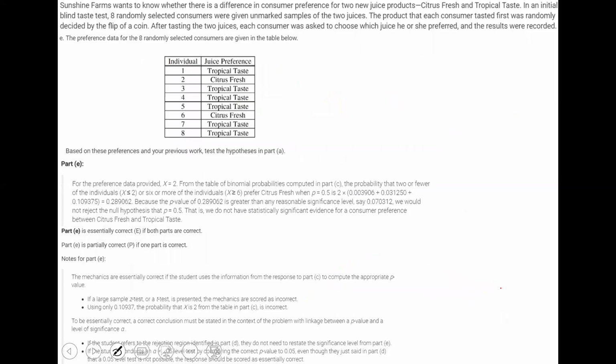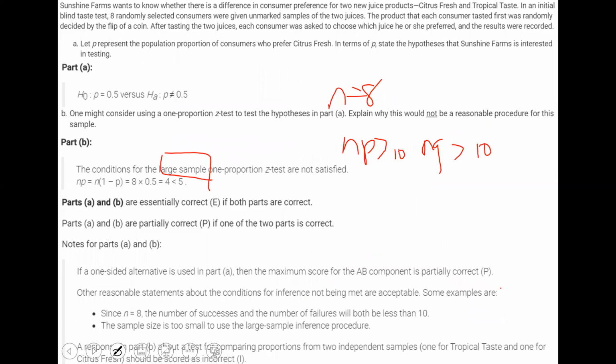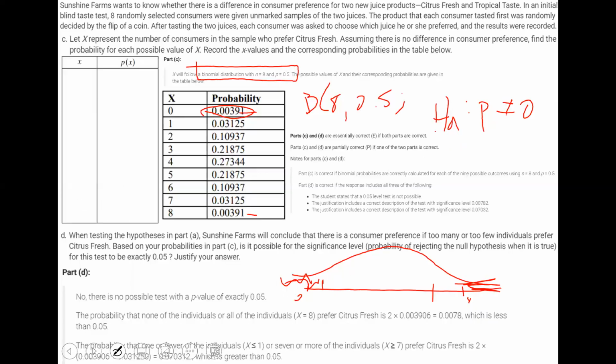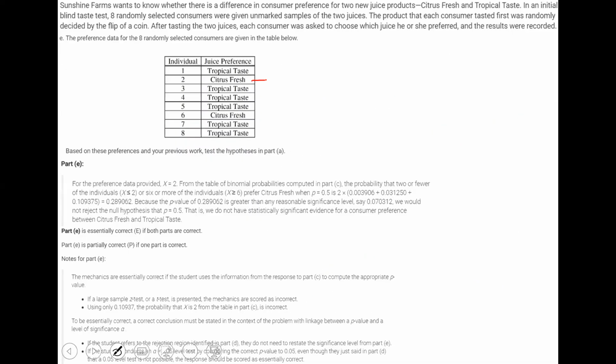All right, part E. The preference data for the 8 randomly selected consumers are given in the table below. Based on these preferences and your previous work, test the hypothesis in part A. So the P, if you remember, was the one who prefers citrus fresh, right? So we have to count how many people prefer citrus fresh. There are only 2 people. So then